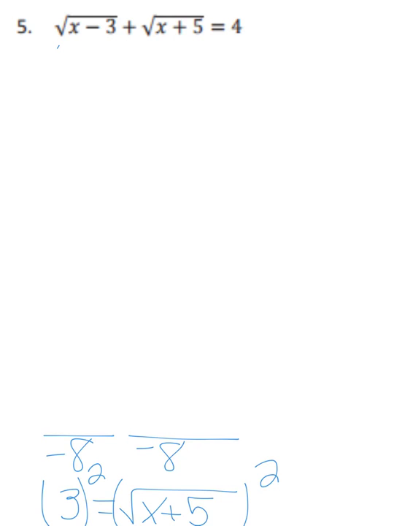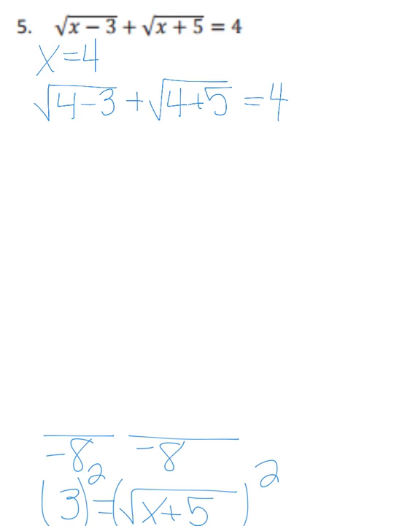So we said x equal 4, and let's plug it in to see if it works. I have 4 minus 3 plus radical 4 plus 5 is equal to 4. 4 minus 3 will give me 1, so square root of 1 plus 4 plus 5, which is just 9,